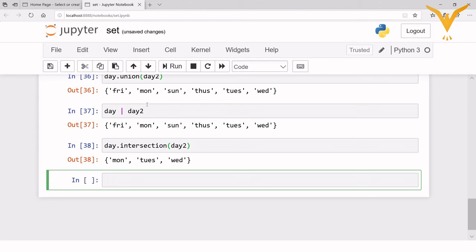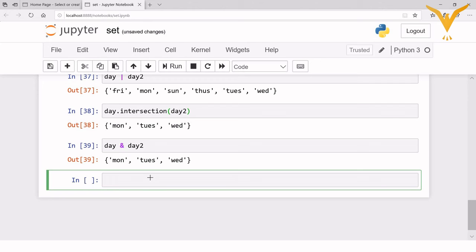So the common elements from both sets are Monday, Tuesday and Wednesday. We can also write this as day, then ampersand, and day 2. So this will also give you the same output. Okay. So this was about the intersection.